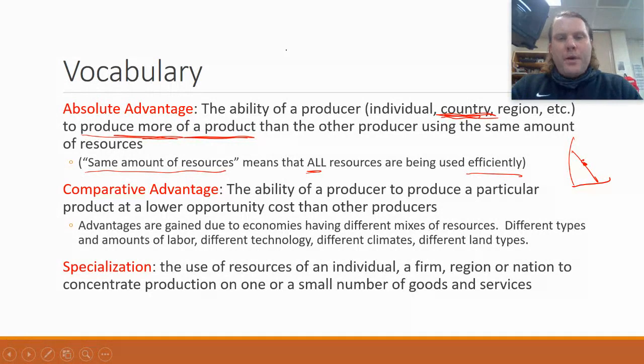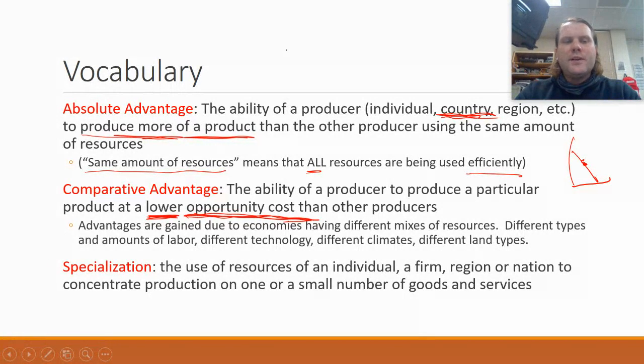Comparative advantage. Well, let me go back to absolute advantage for a second. If the United States can produce 100 cars in a day and China can produce 20 cars in a day, the United States has the absolute advantage. Comparative advantage is a little bit different. Comparative advantage has to take into account the opportunity cost compared to other producers. Whichever country has a lower opportunity cost is the one that has the comparative advantage. So you want to keep that straight. Know the difference between these two things. There's usually a question on the test that has to do with identifying this particular concept.